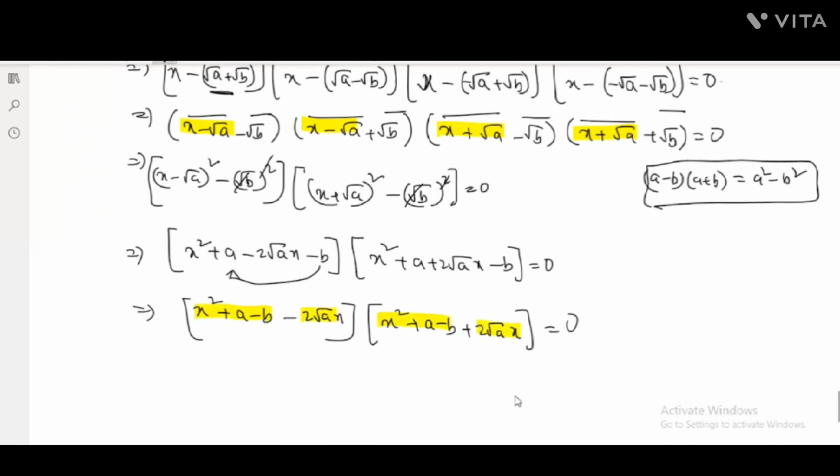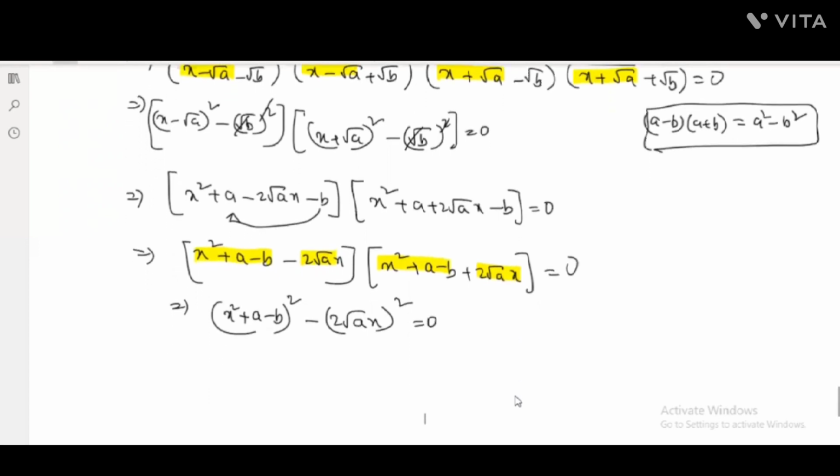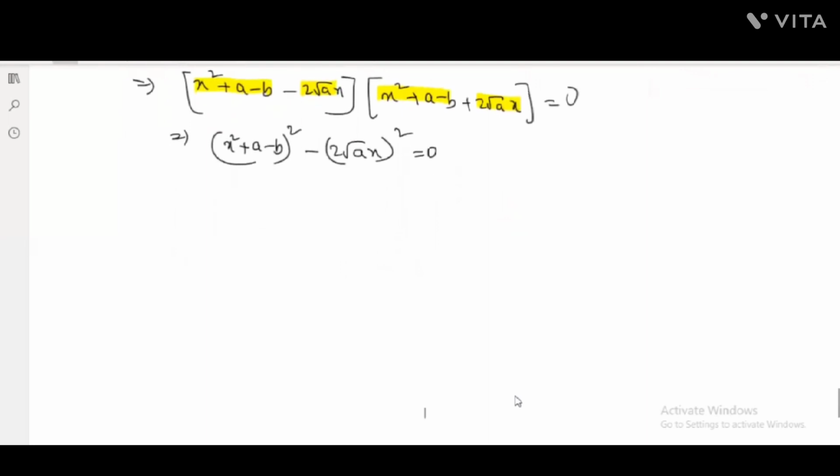Again, it will be converted into a minus b into a plus b whole square. I mean a minus b into a plus b, that is a square minus b square. So x square plus a minus b whole square minus 2 root ax whole square is equal to 0. If you simplify again, for this we can apply the a plus b plus c whole square form,